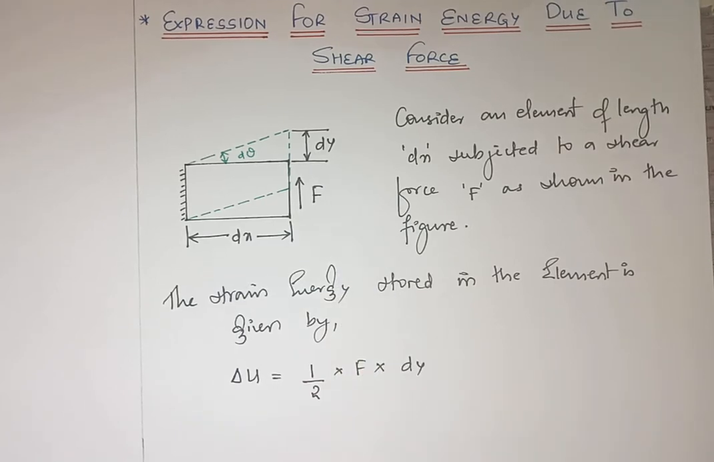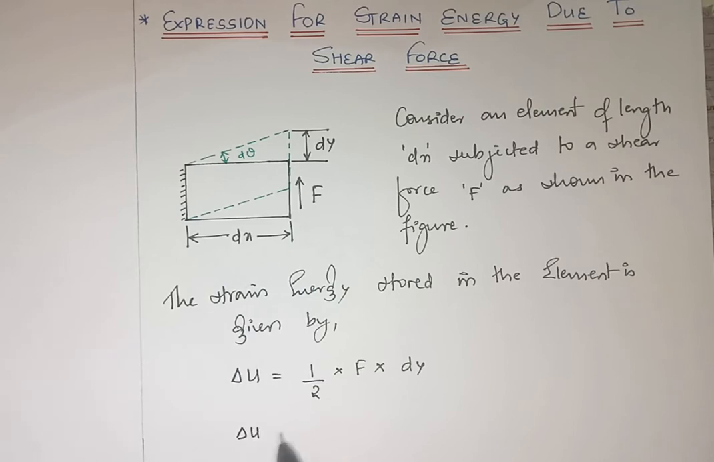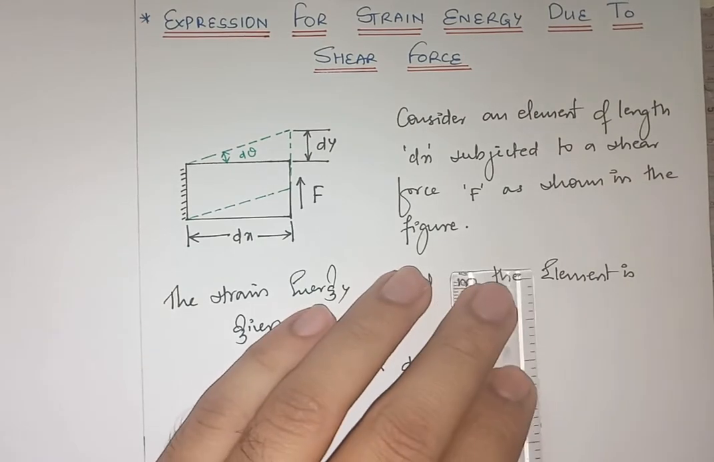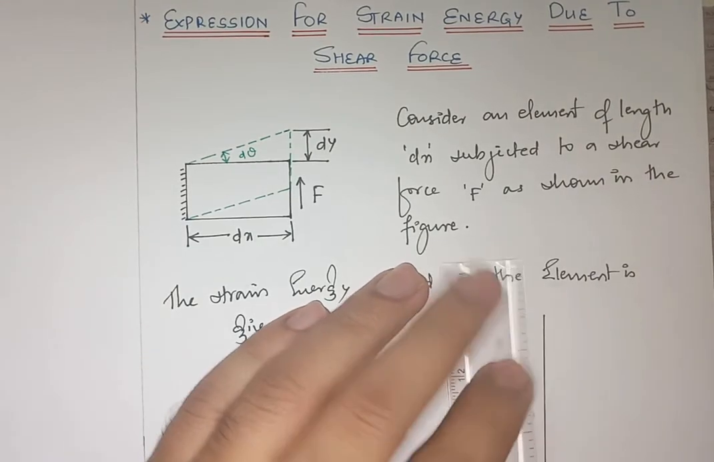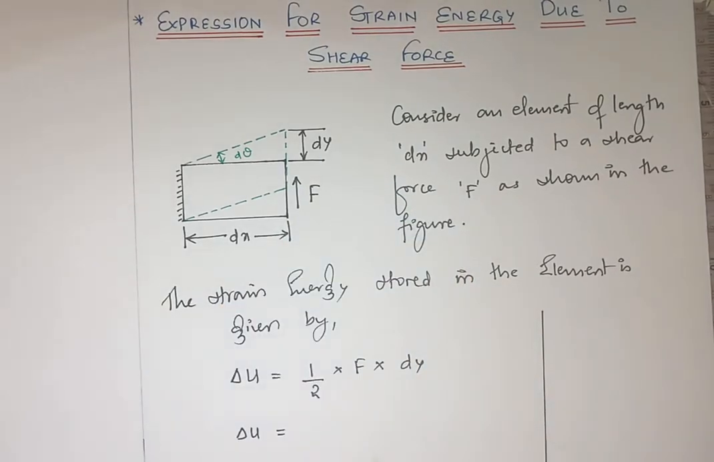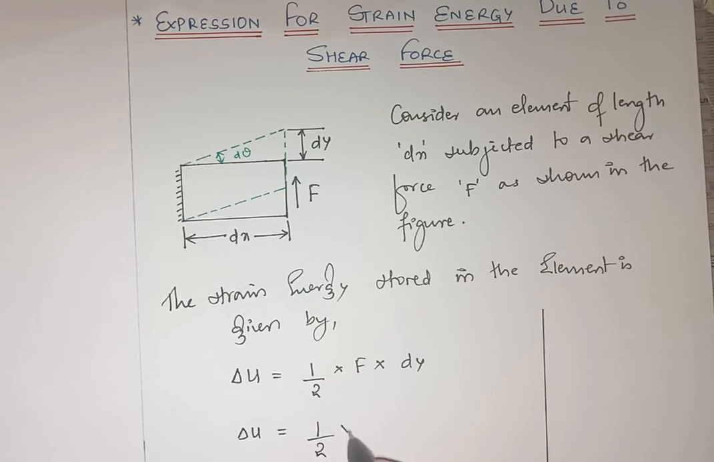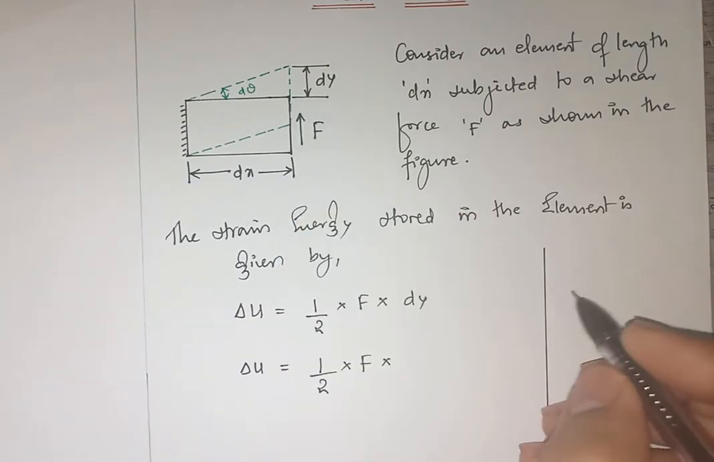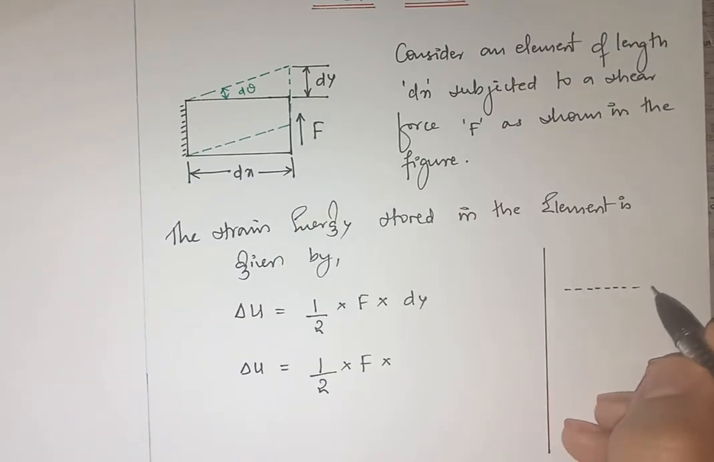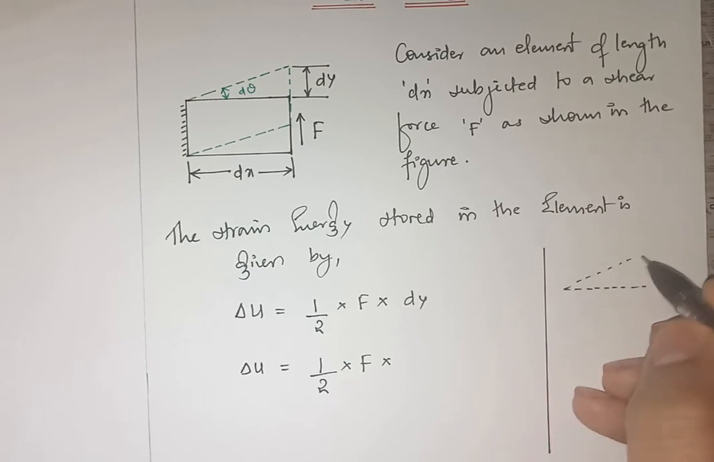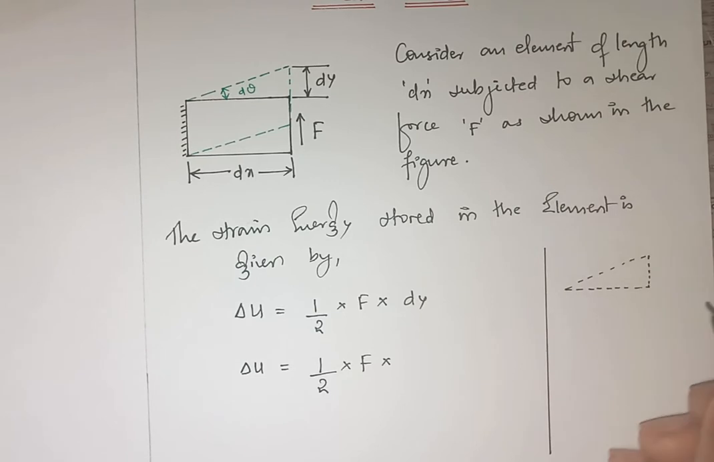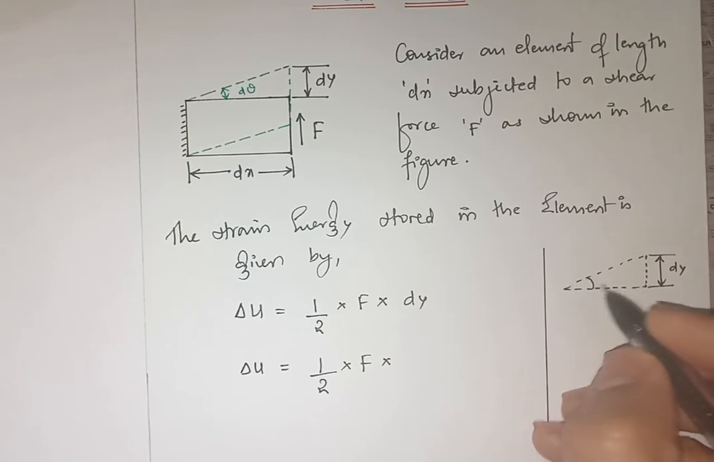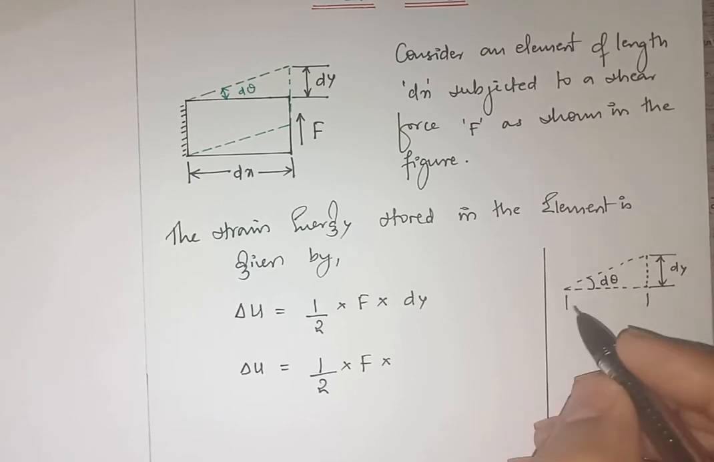Next, so therefore delta u is equal to, now as usual I'll be going for some substitutions. So what all things I am substituting, I'll just write it here onto the left hand side. So it is 1 by 2 into F into, now here in this upper triangle, let us say it is like this. Right, so this is dy, this is d theta,